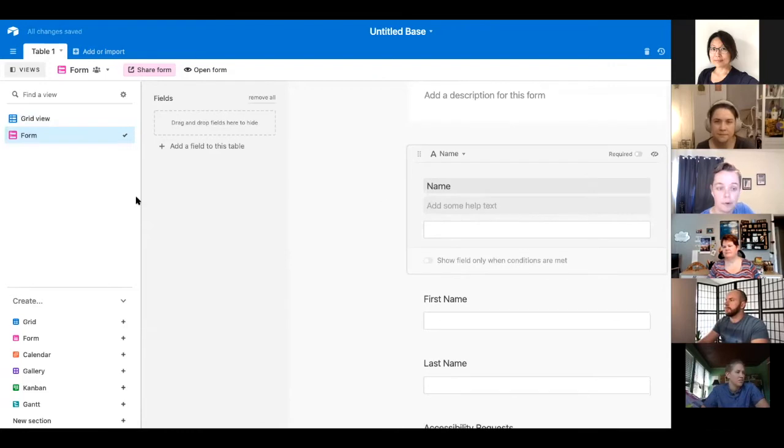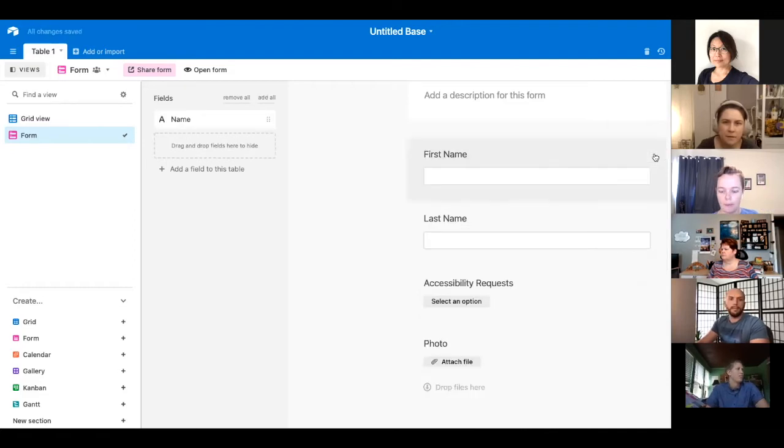So in the form field, everything will show up either here or on the left side of the fields. And you don't have to let people submit information just because you want that information, right? So because we're asking first and last name, I want to hide or remove the name information from the field,